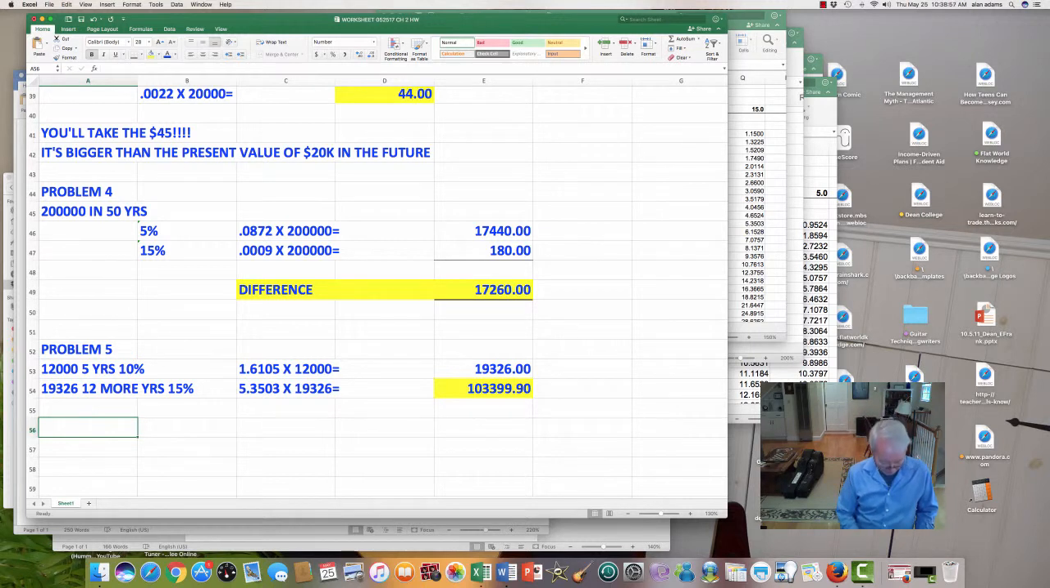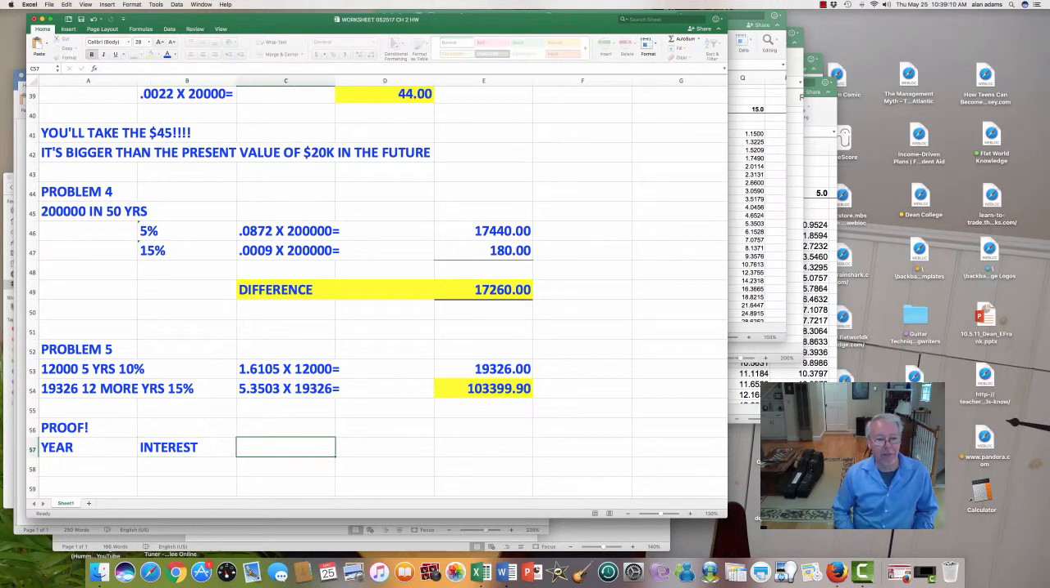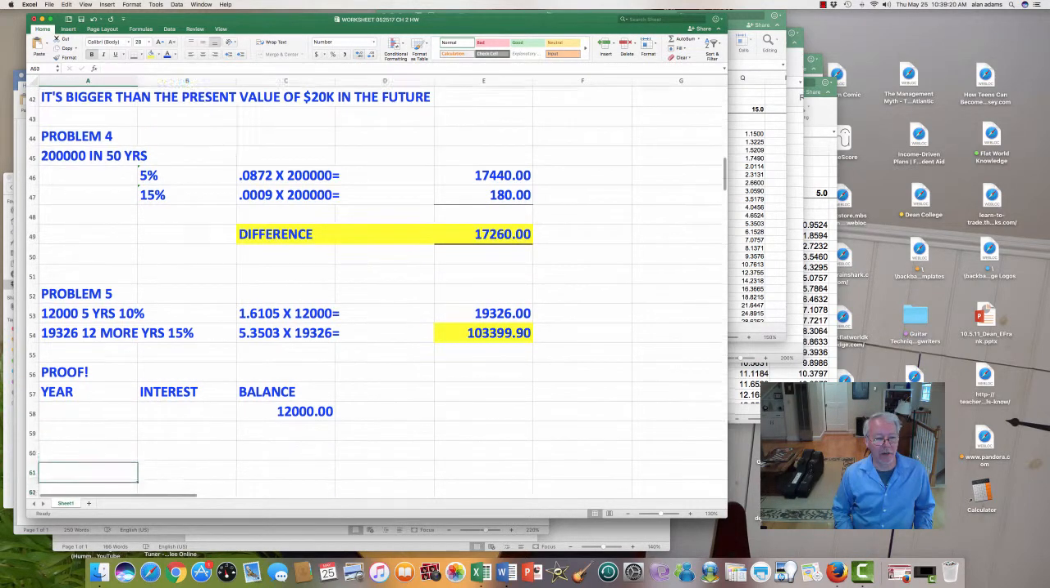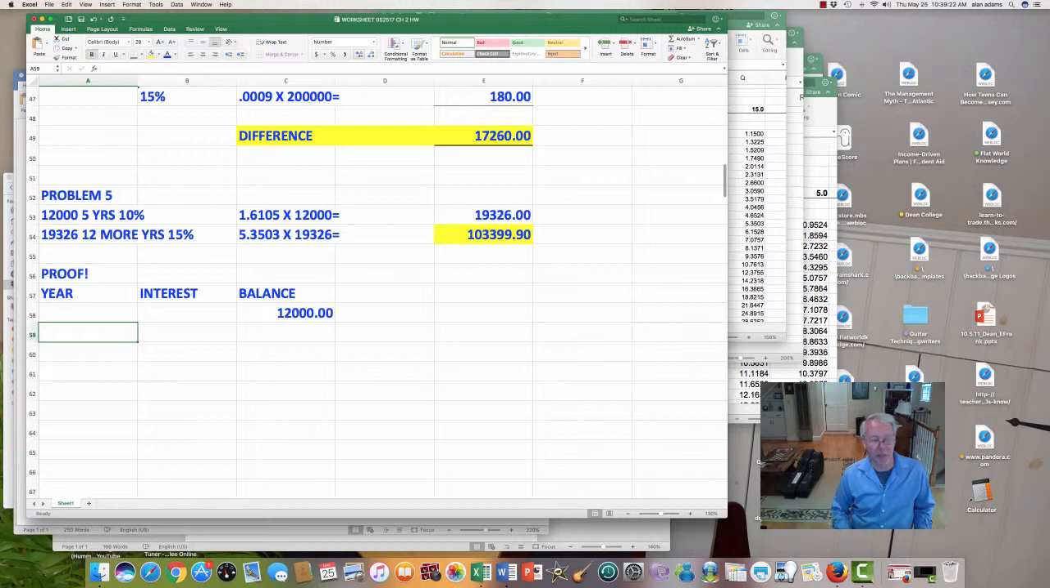All right, now what I'm going to do for you is a proof. I'm going to take my years. I'm going to take the amount of interest I earn every year. You're going to have to be careful of this one now. And I'm going to keep track of my running balance. I'm starting with $12,000. All right, so let's come out here, and we're going to start by doing years 1, 2, 3, 4, and